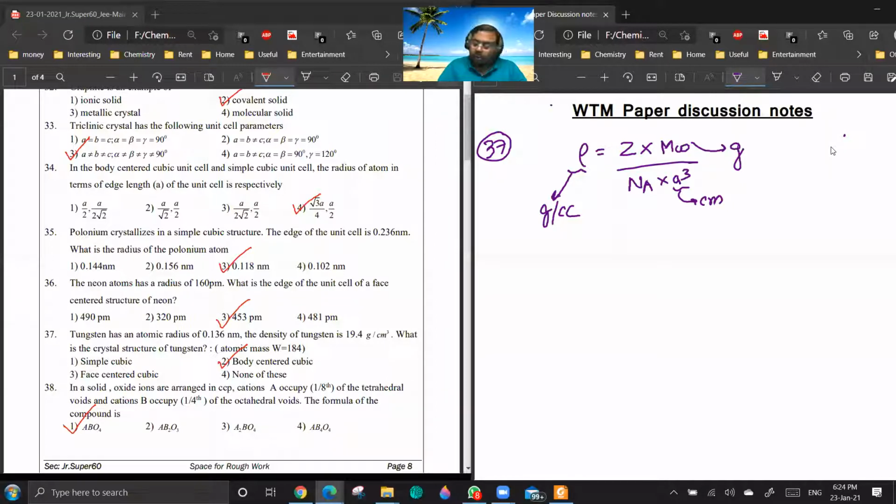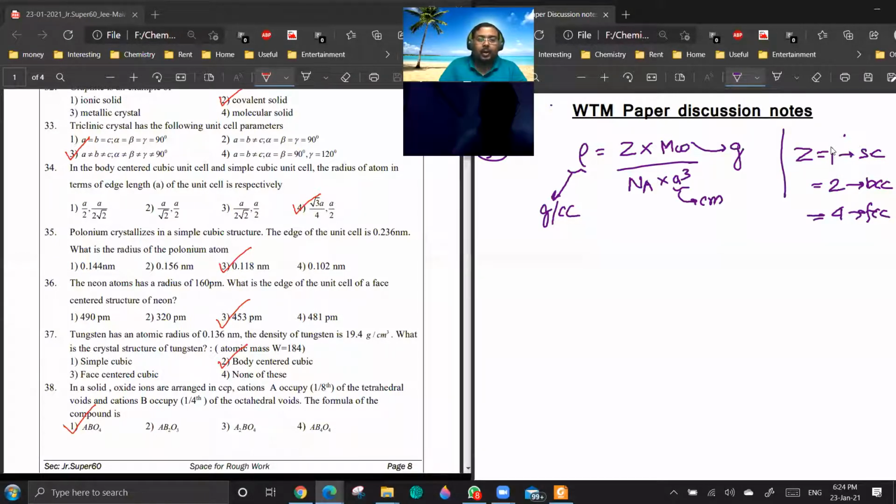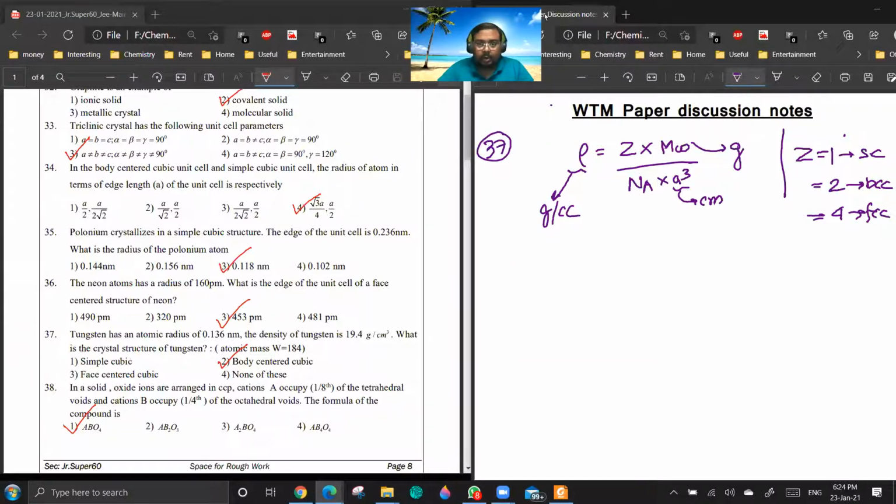Now you see if Z is 1, then it is simple cubic. Z is 2, it is BCC. If Z is 4, it is FCC, effective number of atoms, right? So if I know the value of Z, I can predict what type of structure it is residing in. Yes or no? Yes, sir. That is the core idea behind this question. The rest of the things is